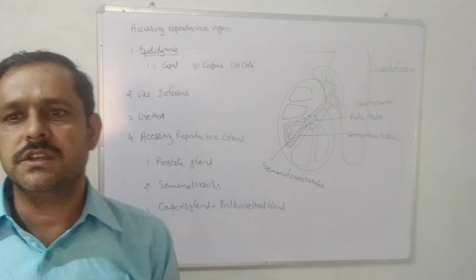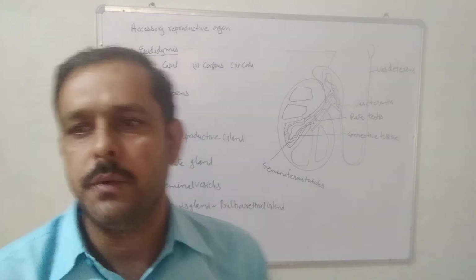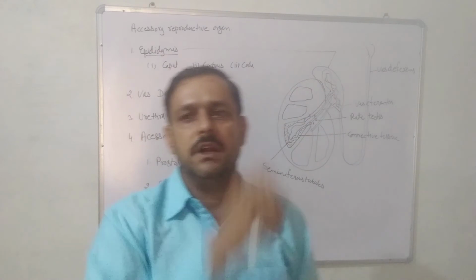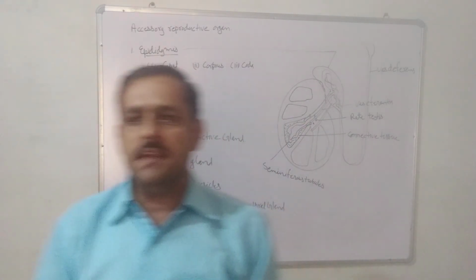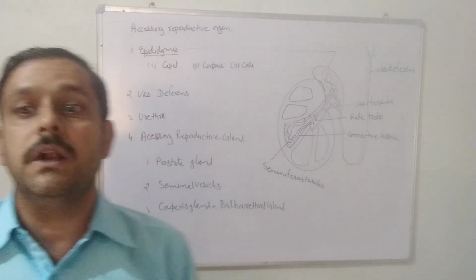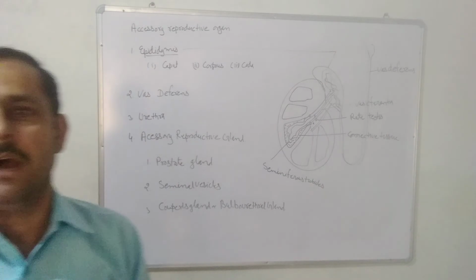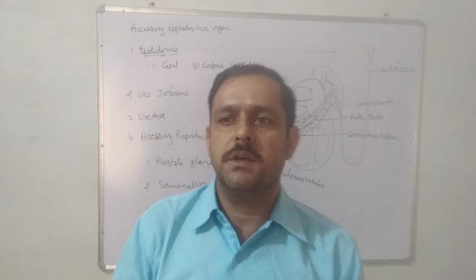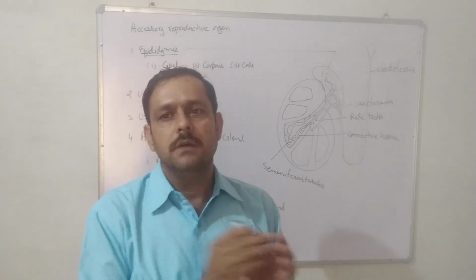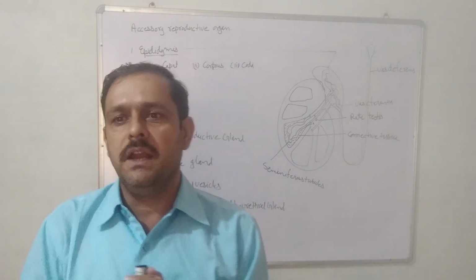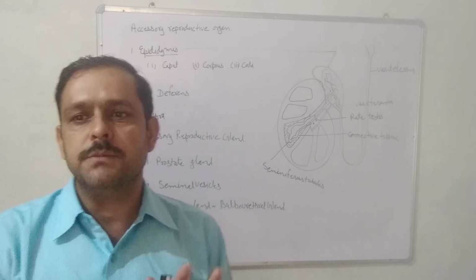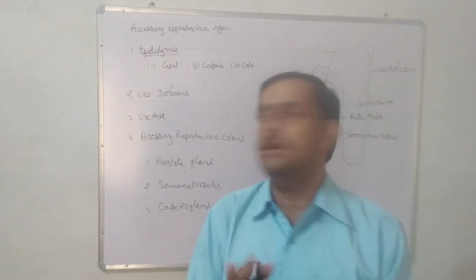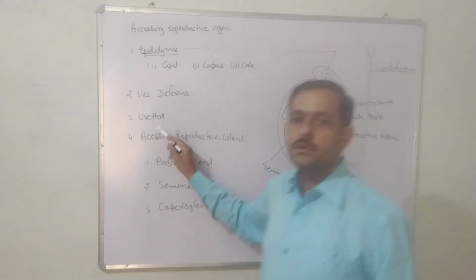The vas deferens starts from the posterior part of the epididymis, passes through the inguinal canal, enters the abdominal cavity and goes downward to the posterior part of the urinary bladder, where at the last it forms a swollen part called the ampulla. Here the ducts of the seminal vesicles open and both collectively form an ejaculatory duct. Sperms are temporarily stored in the ampulla. The ejaculatory duct finally opens into the urethra.